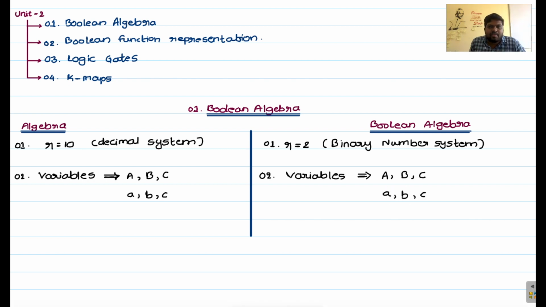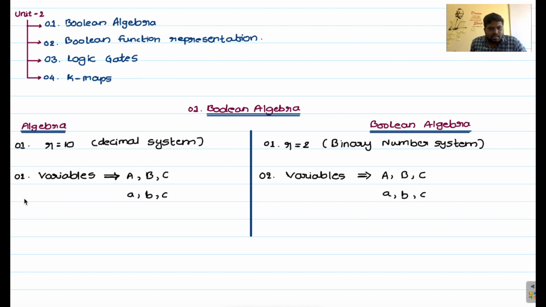Whereas in algebra we are using operators like plus, minus, multiplication, division, percentages. We are using so many operators in our normal algebra. We are doing percentage calculations and logarithmic calculations, fractional portions, integer portions. So all these things come under algebra, right? Whereas in Boolean algebra, these things are not at all possible, right? Square roots, cube roots, percentage calculations. These are not available in Boolean algebra, right?